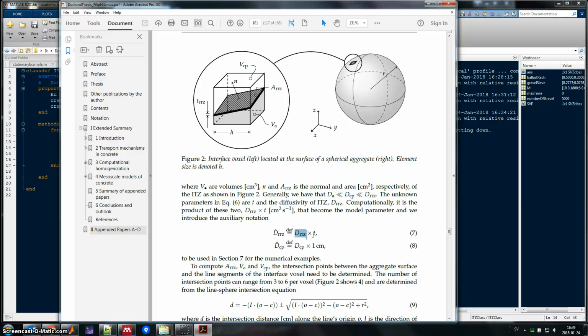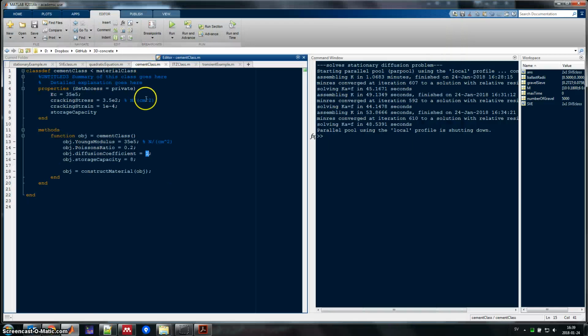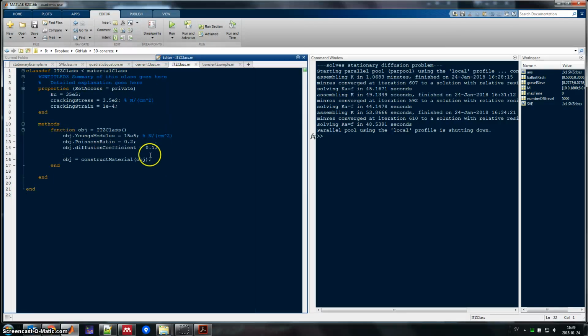So this is why it's different from the diffusivity of cement. So this is the actual diffusion coefficient, whereas this is the diffusion coefficient times its thickness. Okay,